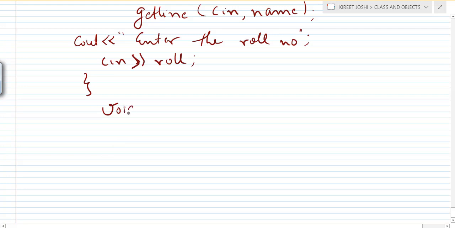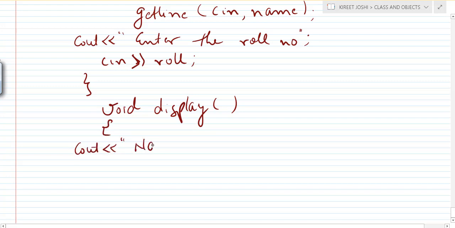I'll also take another function. The return type is void, and the function is display, with no parameters. The main work of this function is to display the contents. So I'll write cout "Name is", then a new line, and write name.